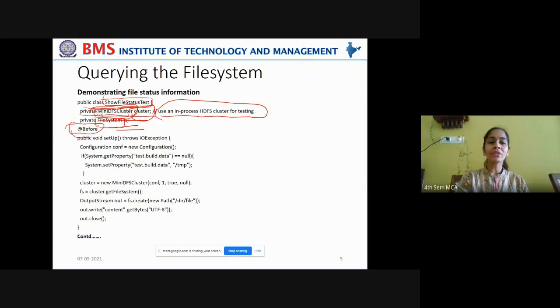Now, by this annotation before, we can understand that this is executed before anything else in this Java class, right? So these annotations are like metadata and are completely neglected by the Java compiler. The Java compiler or Java interpreter doesn't execute them.